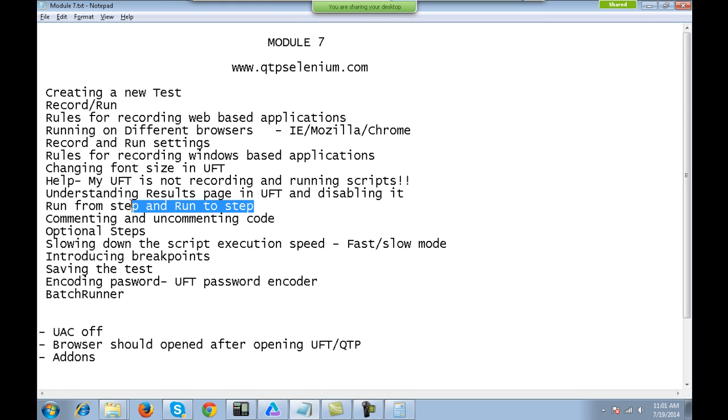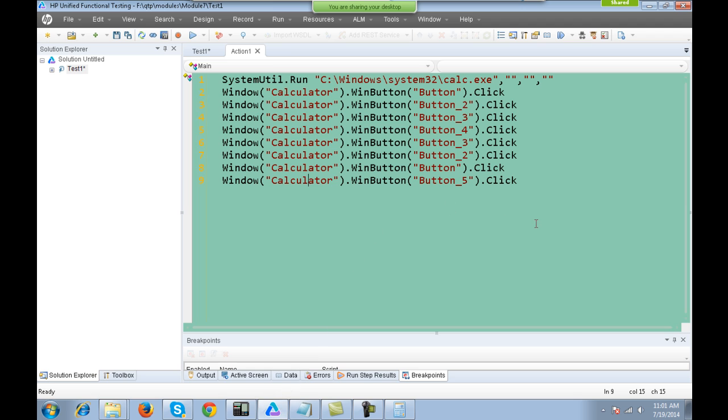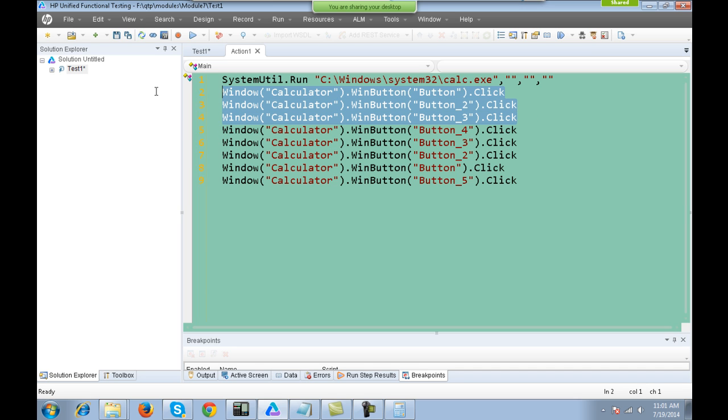Fine. Now another important thing is run from step and run to step. This is a very important feature in UFT. At times what happens is that you want to start executing your script from the middle. Say I want to execute my script from line number 5. I don't want to execute the first 4 lines.